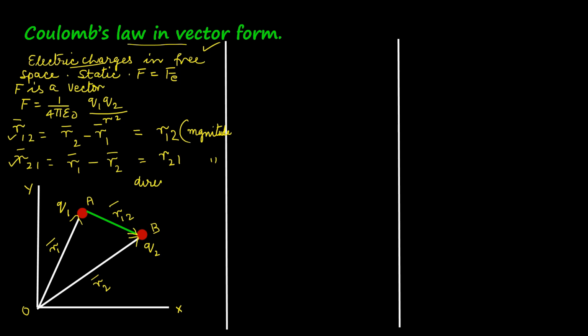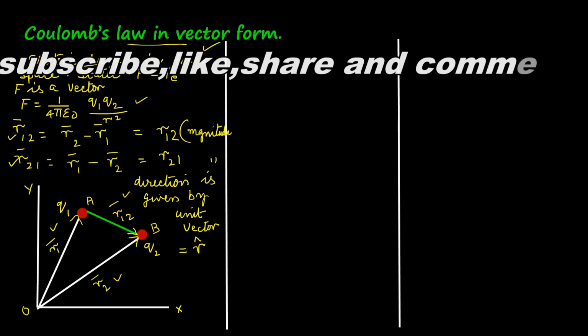The fundamentals of representation of vectors you have learned in 11th standard. So, for convenience, if we take the magnitude as R, then the direction of R is written as R cap, which is a unit vector. So, if we consider the mathematical representation of Coulomb's law, R square in the denominator represents the square of the magnitude of the distance between the two charges. If we want to convert that into vector format, then this whole representation should be multiplied by R cap, which is the unit vector showing the direction of R.